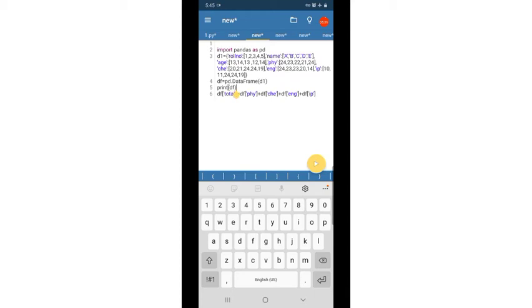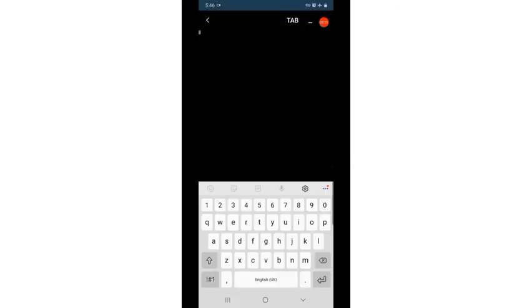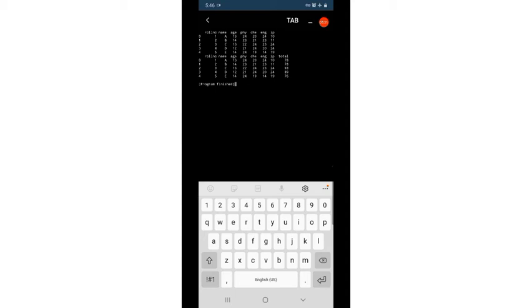So now let us print again our data frame. You can see a new column is being added, which is the sum of all the columns. It contains the sum of the physics, chemistry, English, IP columns. 4 columns are added up and a new column called total is being created.